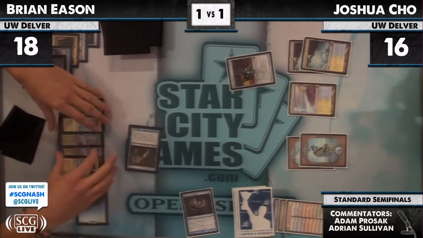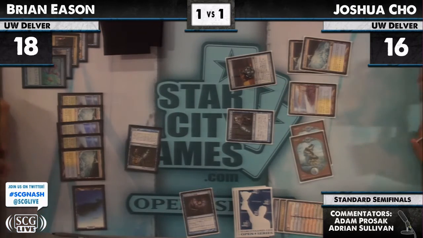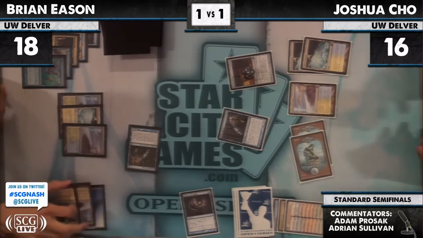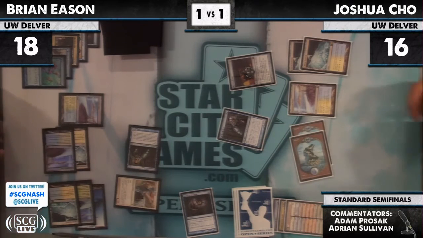And so, looks like Brian has quite a few lands. Josh plays out a Snapcaster Mage to block. I'm not sure what's in his graveyard. Restoration Angel comes out and saves the...